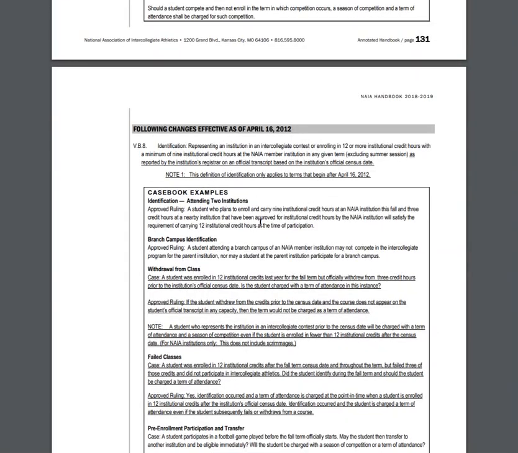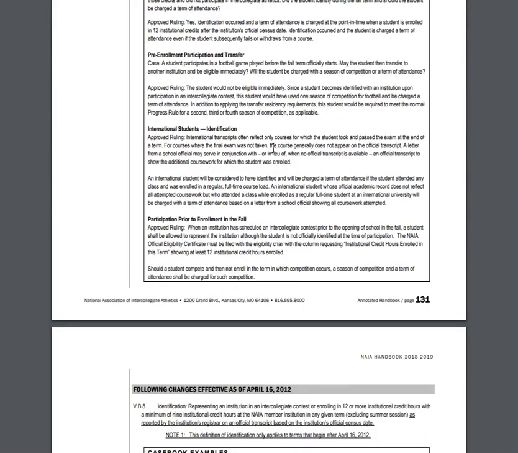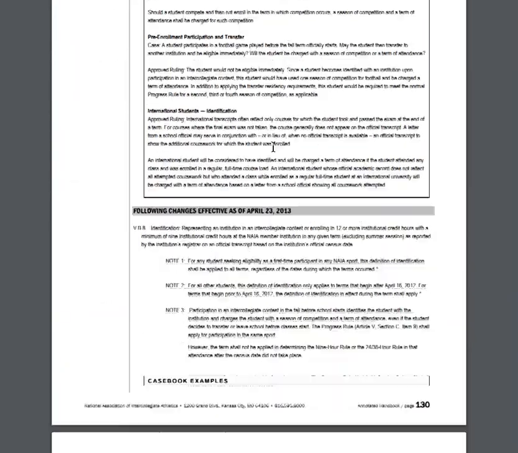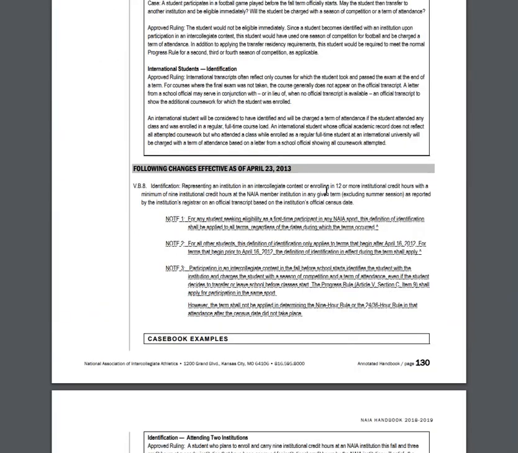So Article 5, Section B, Item 8, the definition of identification was changed for the 2012-2013 academic year, and the changes became effective on April 16th, 2012. So that means that these changes would have been in place until the next change. So the next effective date was April 23rd, 2013. So just over a year,